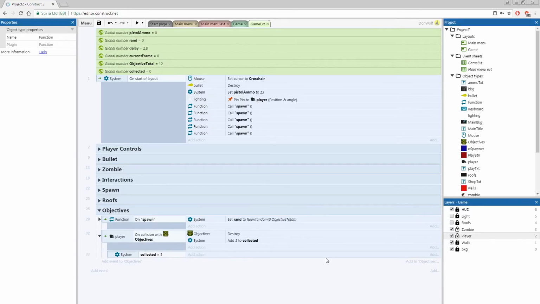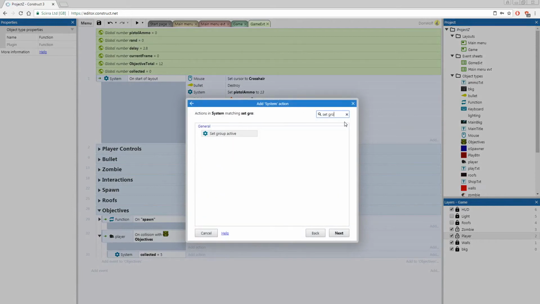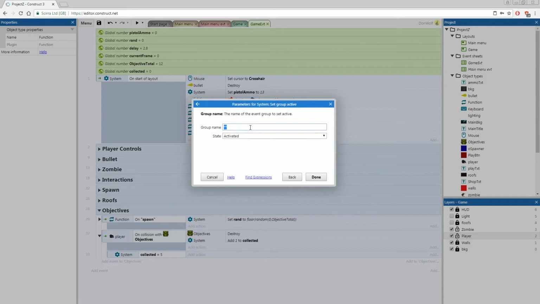So what we're going to do is pause the game and put up a text object that says victory or congratulations, you won, or you survived. So we're going to add action, system, set group active. What this does is disable our movement, disable zombie movement, and disable interactions, so that nothing can kill us while we're in our victory screen. To do this, all we do is remove these 2 speech marks, and put our own 1 speech mark in, and it'll give us a drop down of all of them. So we want to disable first zombie, and we're going to set it to